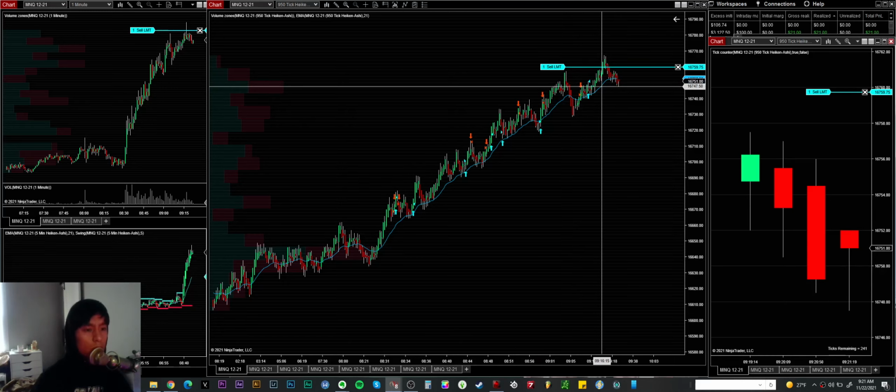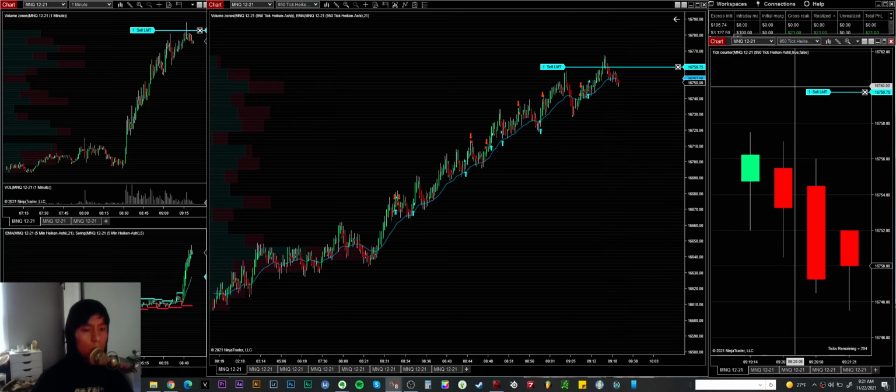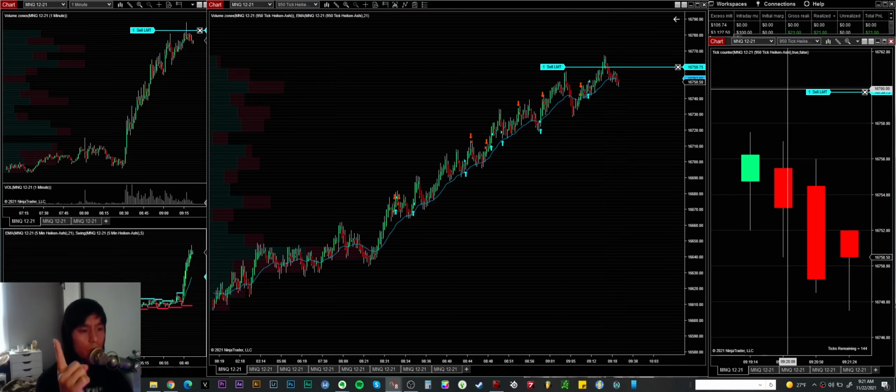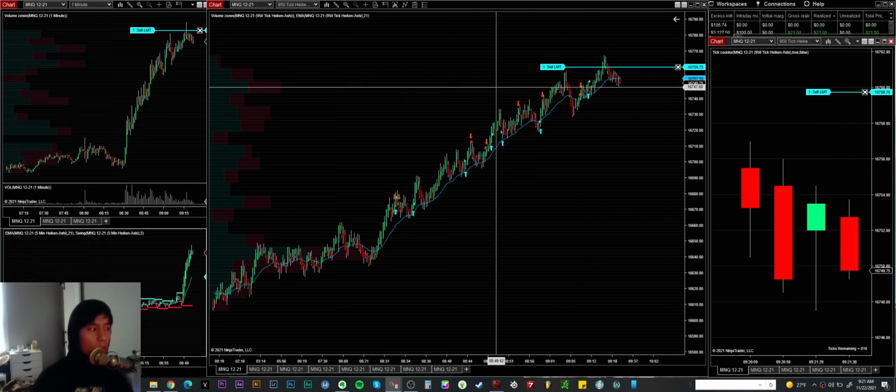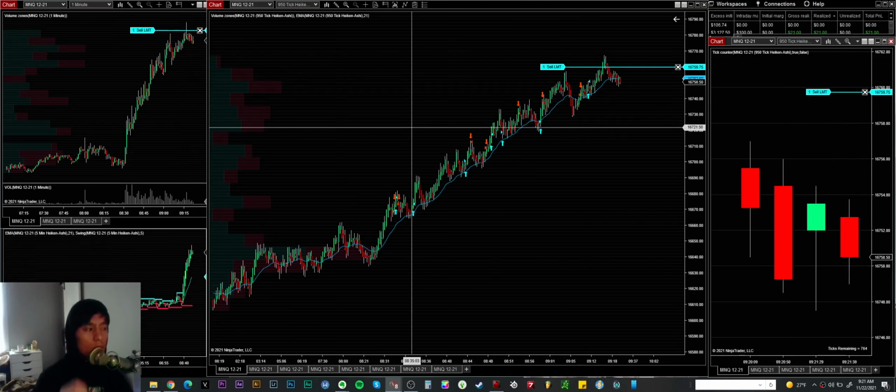Oh, resistance, support, overall trend. Dang it. We need to lose a point for resistance. Maybe not resistance. There is sort of resistance, yeah. So resistance, support, overall trend, small trend, support, trend,